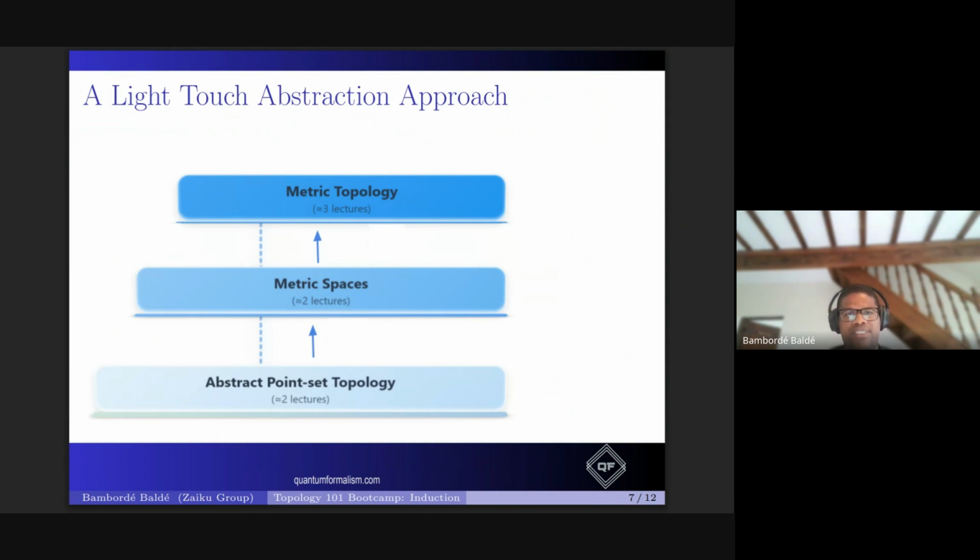One of the approaches that we will take: from a practical point of view, the topological spaces that are mostly used in machine learning, physics, engineering, and so on, are topological spaces generated by the metric space structure.